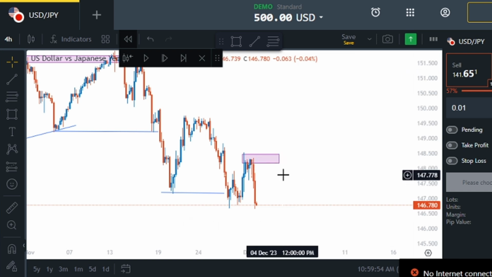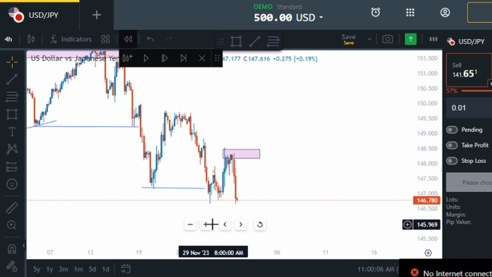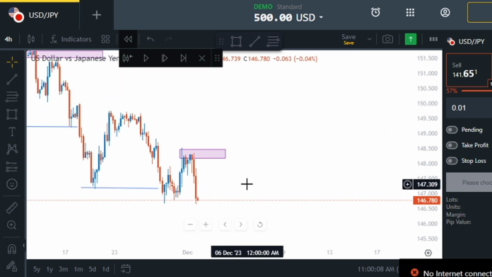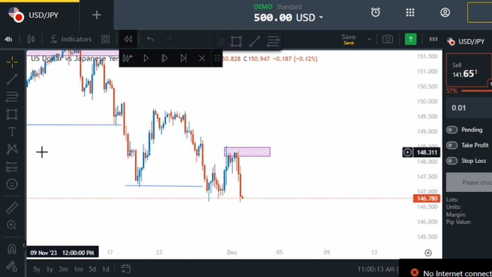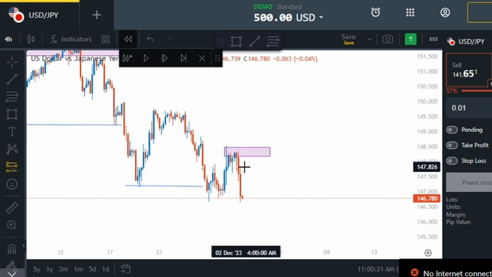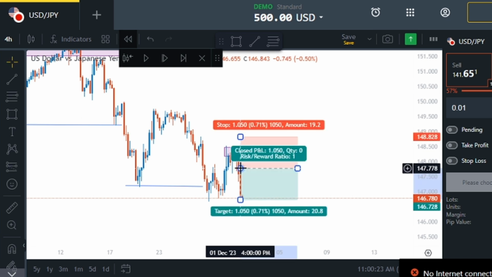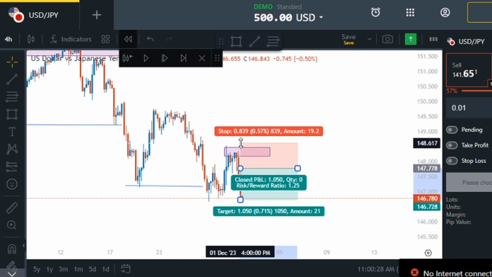Well, the market has come to that region, and if you've been watching my videos for a while now, you know that I look for engulfing candles. So all I need to see is this candle here. As soon as I see that candle, I'll go in for a sell, a short position. So I'll enter somewhere here, put my stop loss a little bit above